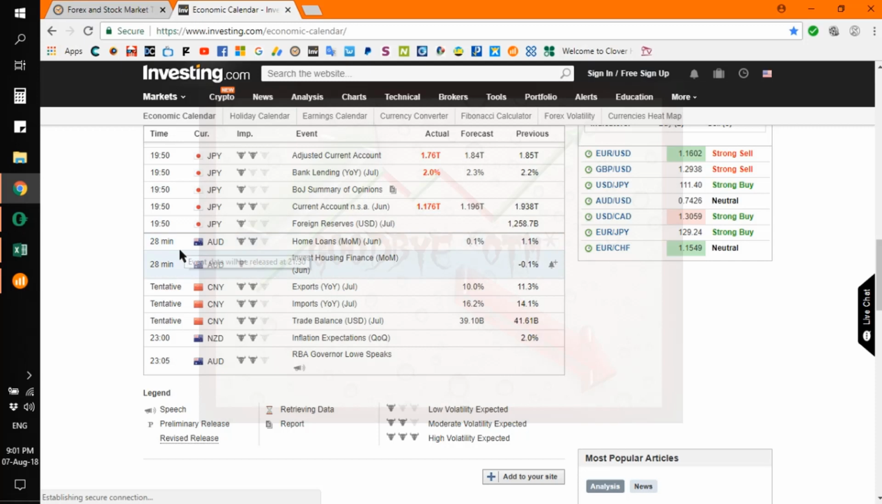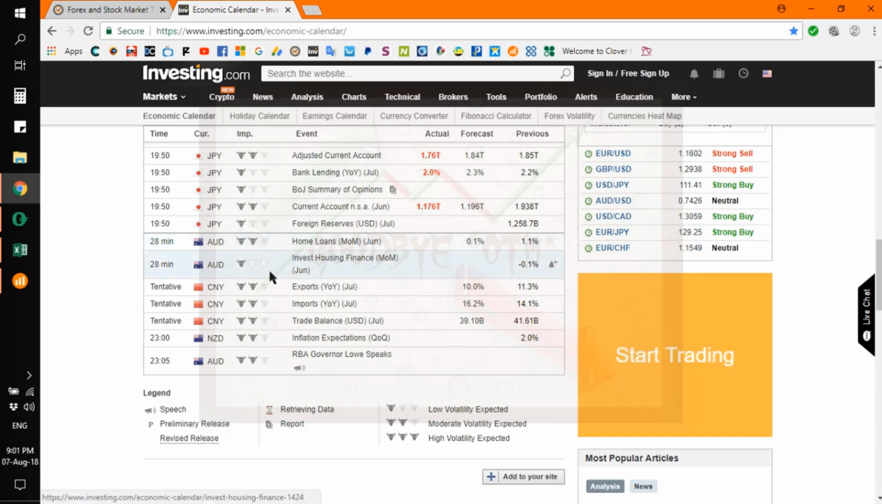In 28 minutes we have our Australian home loans double bold news, which means you have medium volatility, so it's kind of shaky, and also we have a low volatility on the same currency and at the same timing. So it is good to stay away from any Australian pair during this period of time. So hopefully we haven't placed any trades based on Australian dollar up until now,